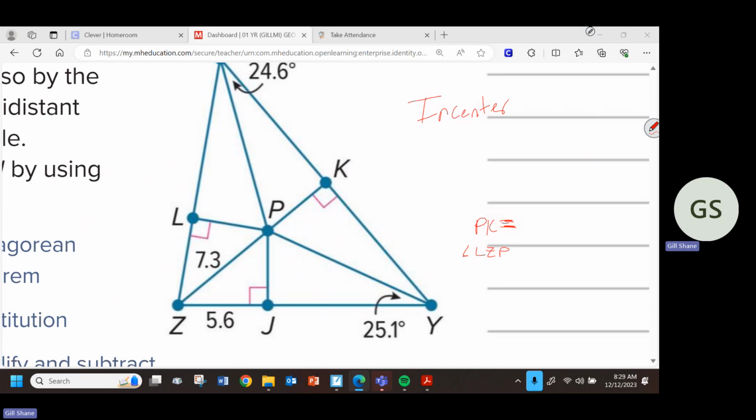I'm gonna maybe get to that, but let's do the easy stuff. If I know they're angle bisectors, I know some stuff about angles, right? They've given me some stuff, so what can I do? I'll give you a hint. I know this, 25.1. I know this, 24.6. And I know that I have angle bisectors. Yeah, so that means all of these are congruent. Well, I should do this. Two of those there. These are congruent. So if that's 25.1,